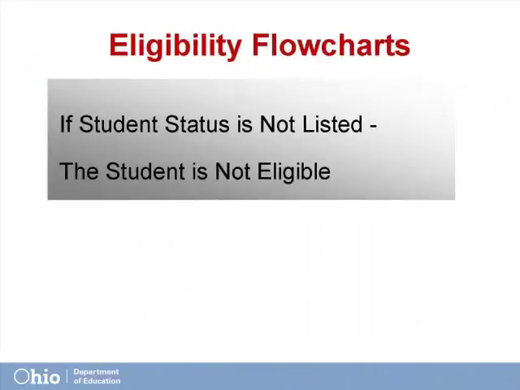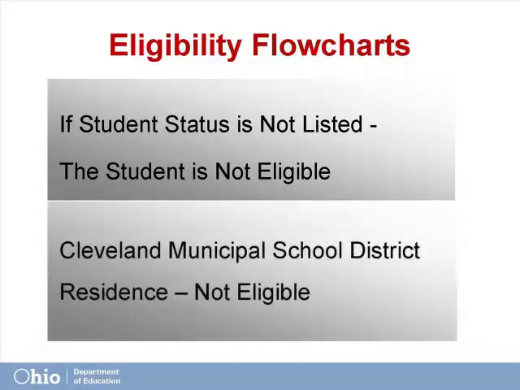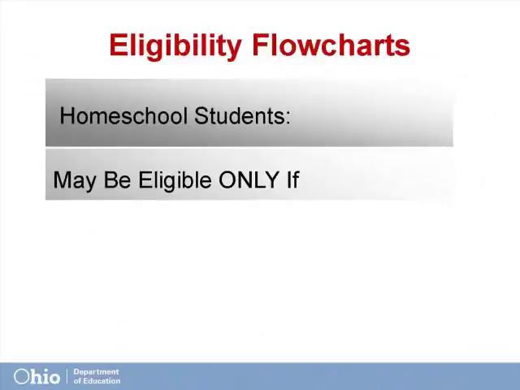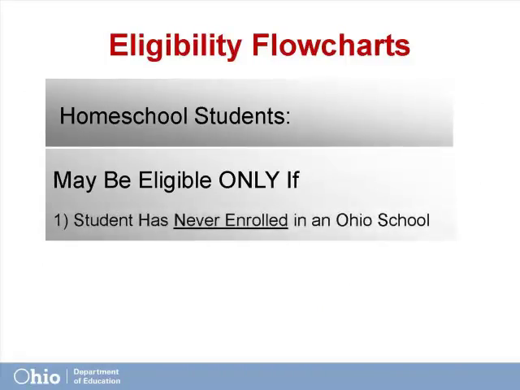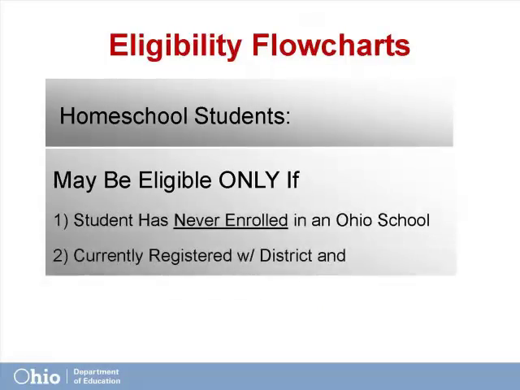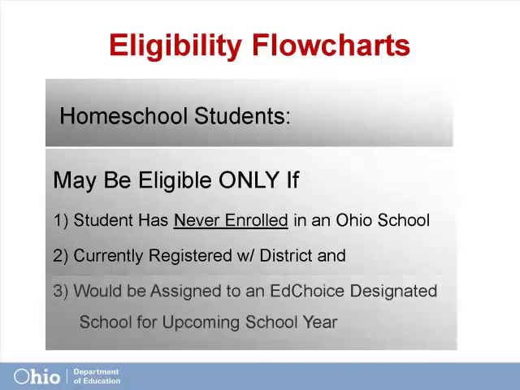Note: if the student does not fall under one of the eligibility situations described on the flowcharts, they are not EdChoice Scholarship eligible. In addition, students that reside within the Cleveland Municipal School District are not eligible for EdChoice scholarships. Homeschool students may be eligible only if they have never been enrolled in an Ohio school and are registered with the district as a homeschooled child and would be assigned to an EdChoice designated eligible school for the upcoming school